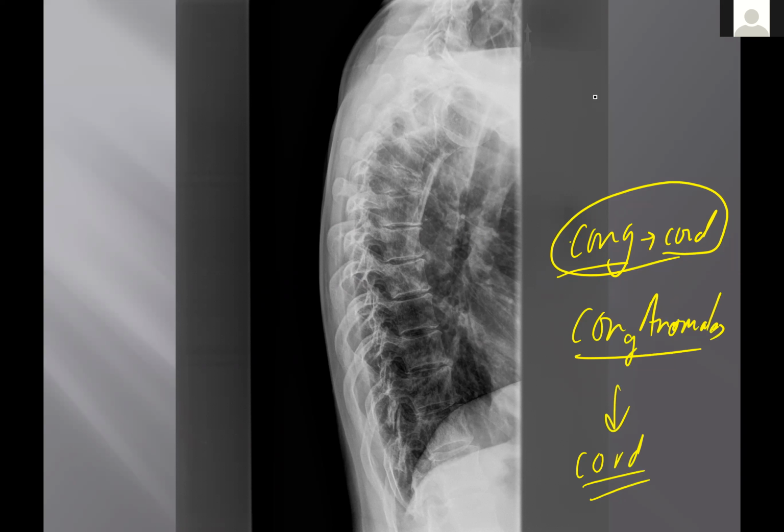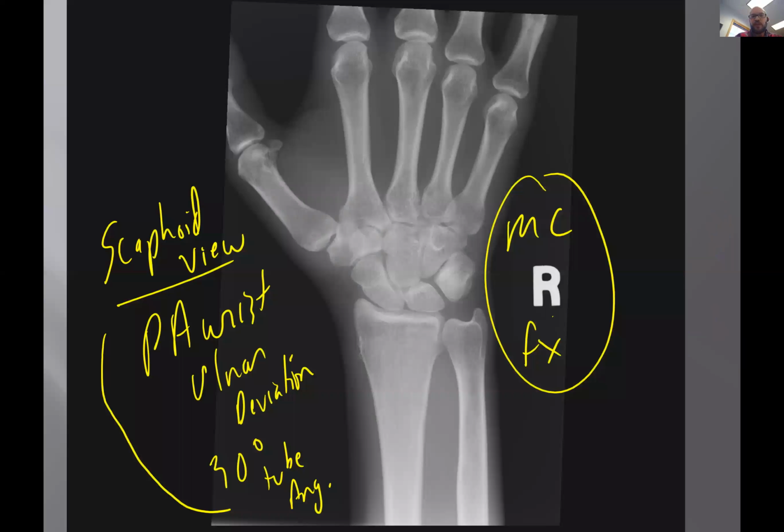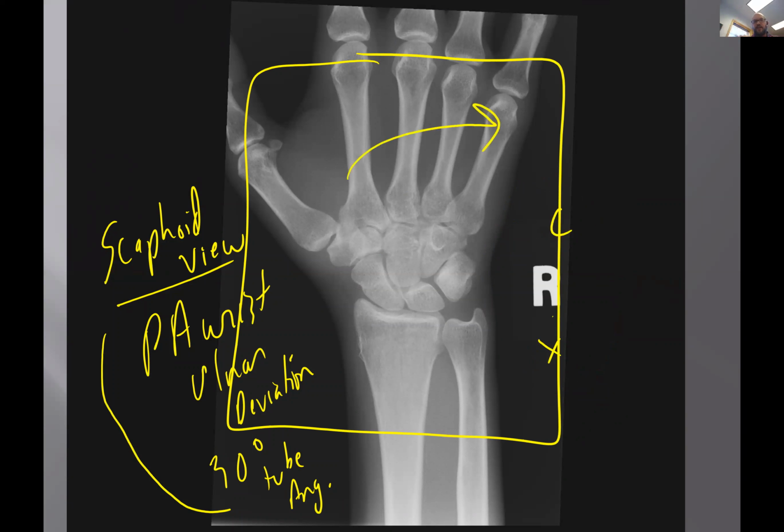I guess I have a question from a previous case, but if we're still on the butterfly vertebrae here. No, yeah, hit me on anything. I'll try to answer it. Okay, the tube tilt on the scaphoid view, can you explain exactly how that's oriented? Yeah, I'm back on that picture. So you would do a P to A wrist view just like we have here. But you would do ulnar deviation, right? P to A,